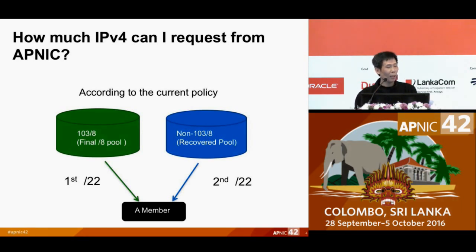So, how many IPv4 addresses can I request from APNIC now? According to the current policy, you can request your first